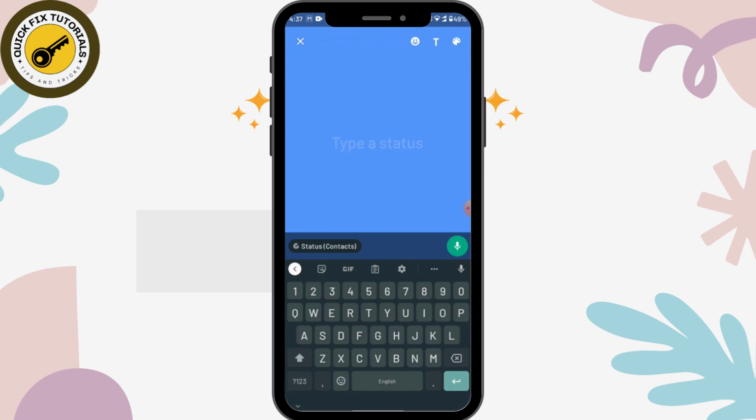So uploading a voice message on WhatsApp status was that easy,